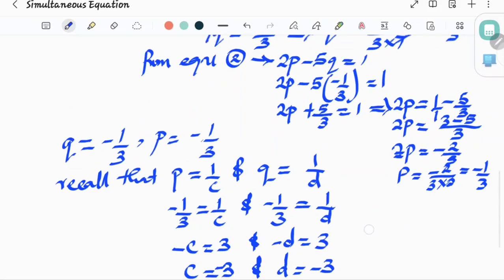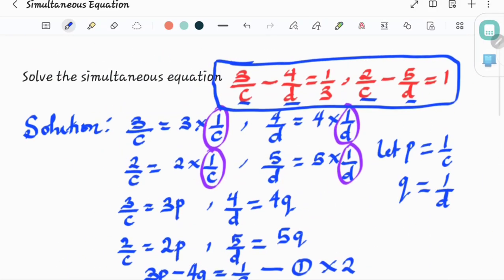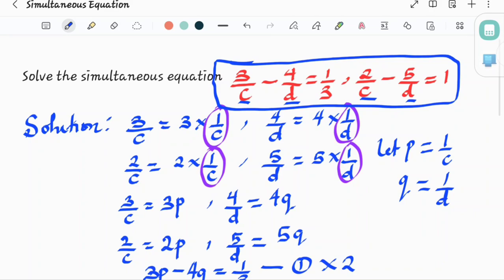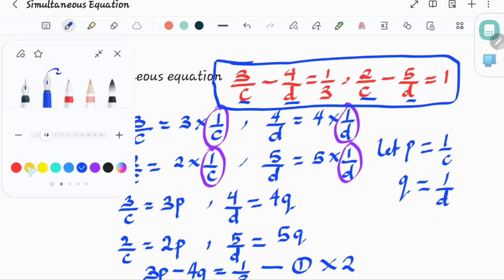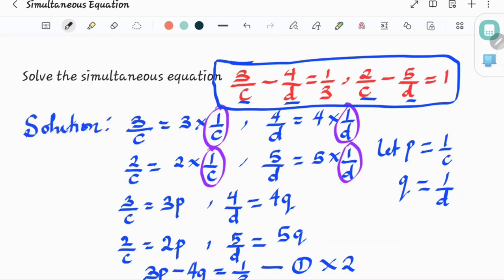You can just quickly check our solution, because simultaneous equations are questions where you can basically know if you are correct. So since we have gotten negative 3 and negative 3 for our c and d here, if we decide to substitute it,